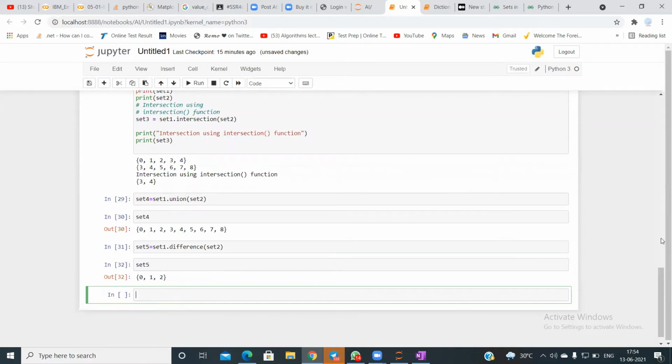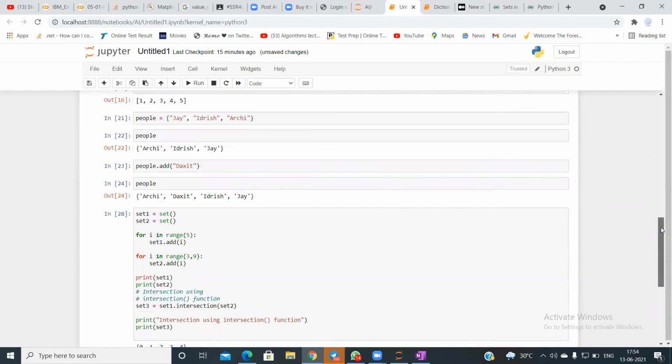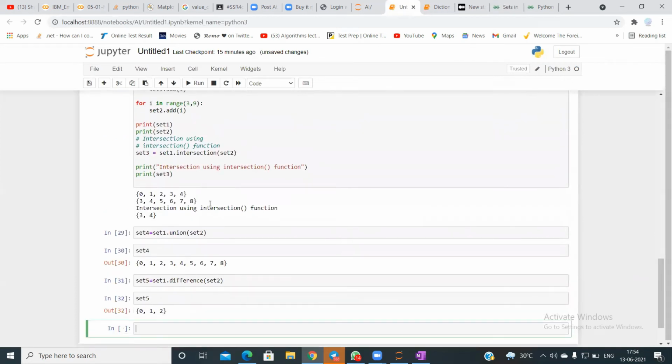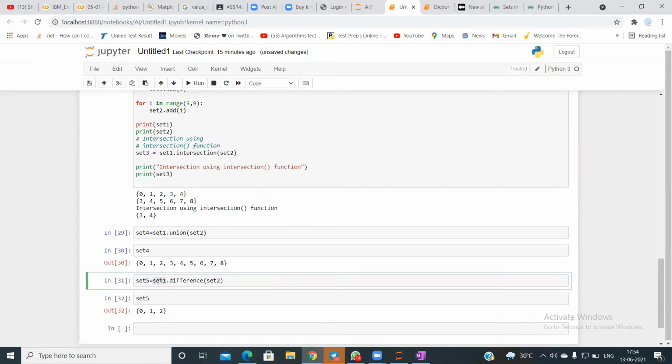You're seeing you have your set 1 and set 2 like this. Wait, what did it do? Just a moment. Set 1 dot difference of set 2, so 3, 4.